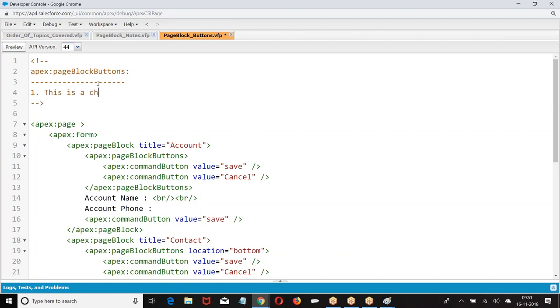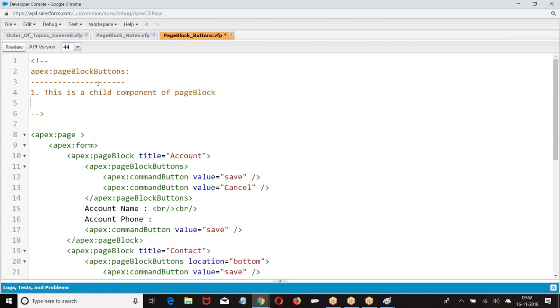This is a child component of page block. This will create header and footer.